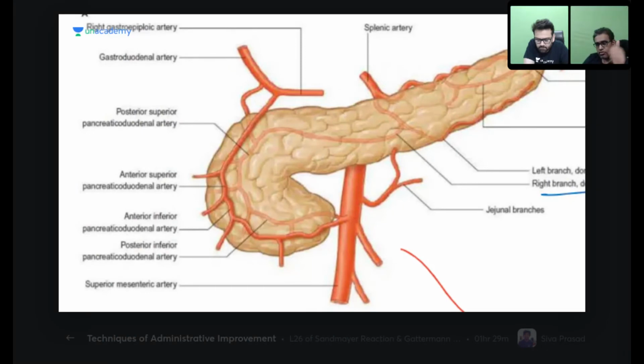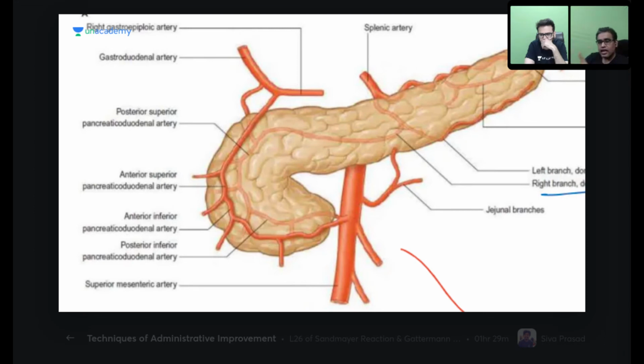The anterior and posterior branches of both the gastroduodenal and the superior mesenteric artery are going to form the arcades, the anterior arcade and the posterior arcade. And remember that the right branch of the dorsal pancreatic artery, which was coming over here, would anastomose with both the arcades, first with the posterior one, then traverse through the whole head and reach anteriorly to anastomose with the anterior. Very good. The arcade is known as the Kirk arcade. That is a very important arcade. Anastomosis in the pancreas.